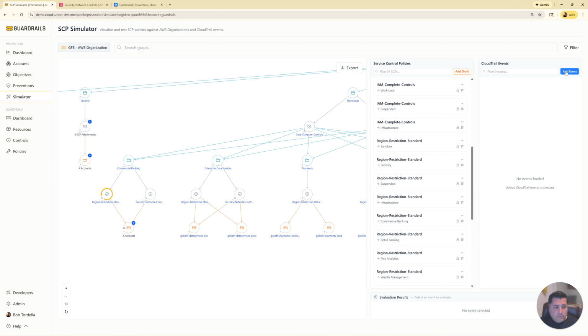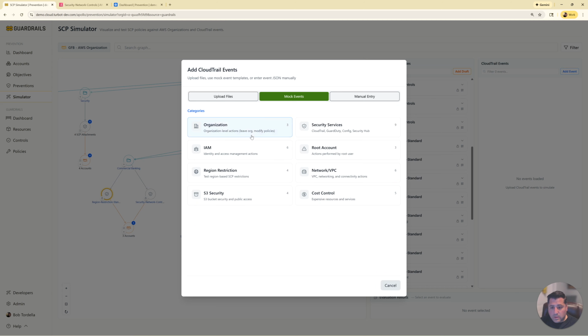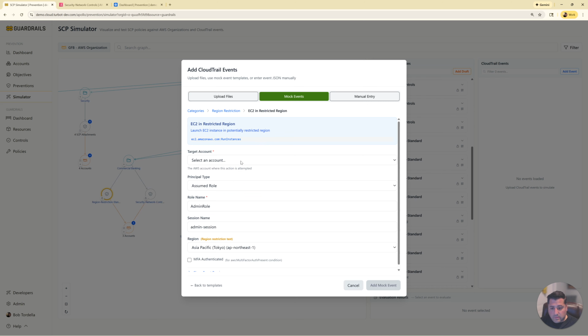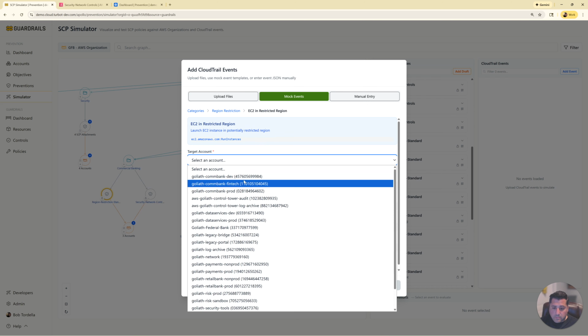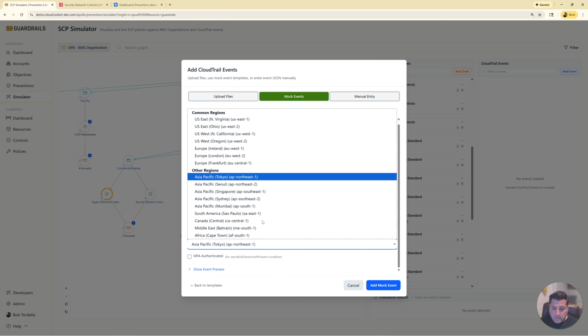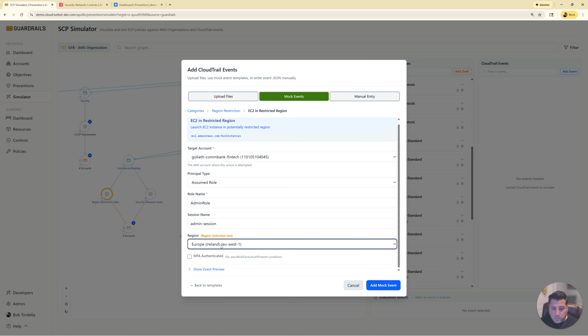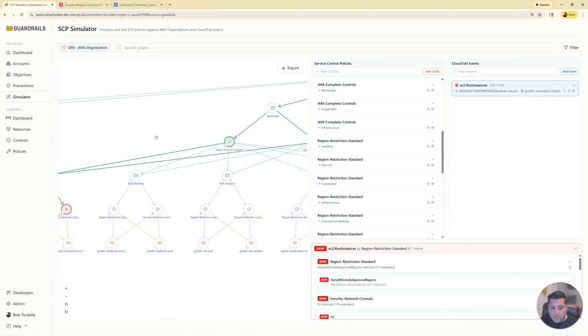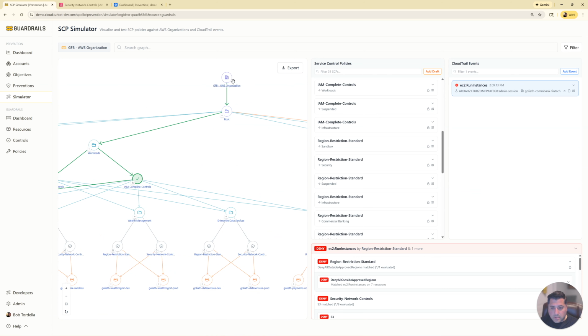In this case, we can test whether or not we can do an EC2 run instance, or creation of EC2 instances, across the environment. Here, I'll just pick a mock event that's already pre-built on an EC2, whether or not it's restricted per region. I'll test whether or not I can deploy EC2 instances to EUS1 and where that would be blocked. If I add that event, quickly we'll then assess that across my organization structure,